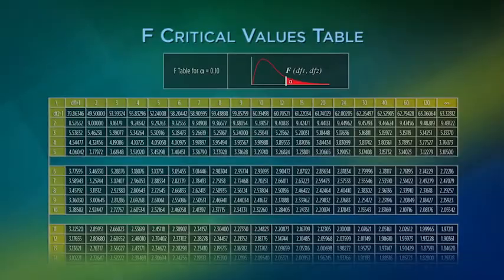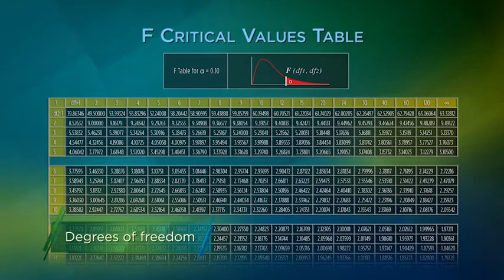If our F value is less than the critical value in the table, we should accept the null hypothesis. Only if the F value is greater than that critical value can we consider rejecting the null hypothesis and move forward. In a critical values table, you have 2 sets of degrees of freedom. Degrees of freedom is a term used for the number of independent pieces of information in our calculation of our estimate. It's generally easy to calculate.